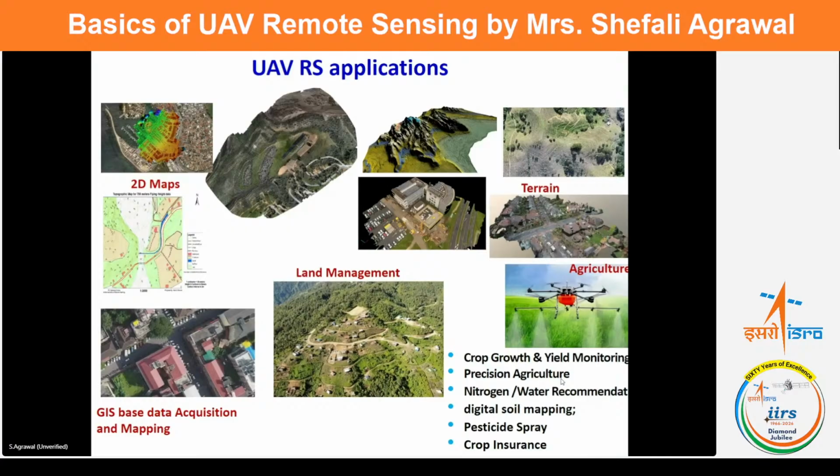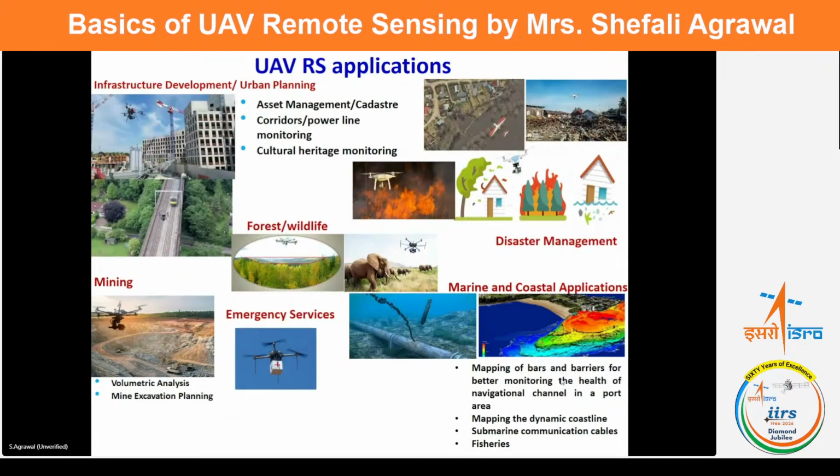It has a wide range of applications in agriculture, because nowadays in India, drones have become a game changer in the field of agriculture. They are used for crop growth and yield monitoring, precision agriculture. We'll talk about some of them. Crop insurance is one area where drones have very significant advantages. The others, as I said, are infrastructure development,